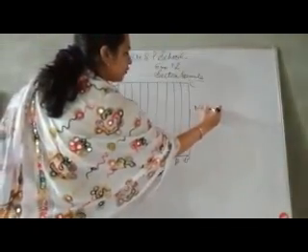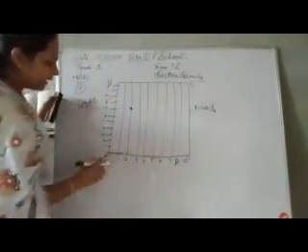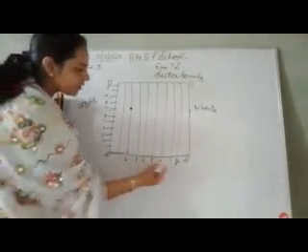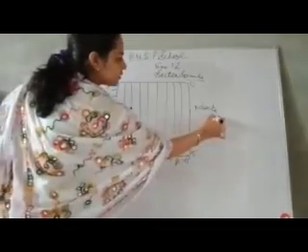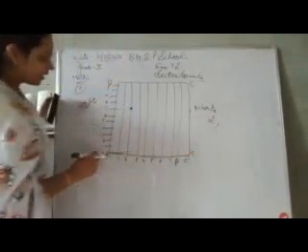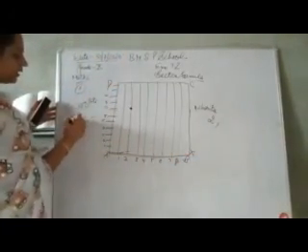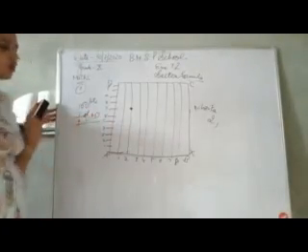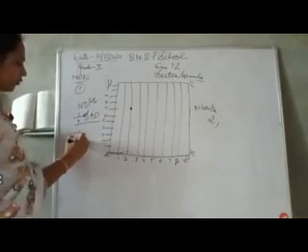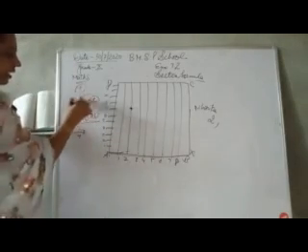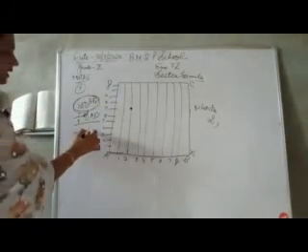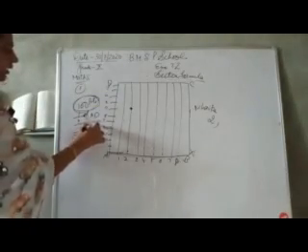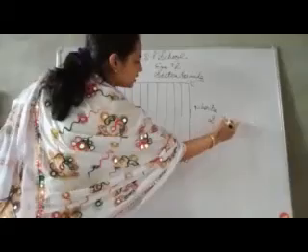Position of Niharika is the second line. It means the second line is this one, on the x-axis, so my x coordinate is 2. For the y coordinate they said 1 by 4th of AD. 1 by 4 into AD, which is 100 chords at 1 meter distance, means the total distance is 100. So my coordinate will be 25. This is the position of Niharika.